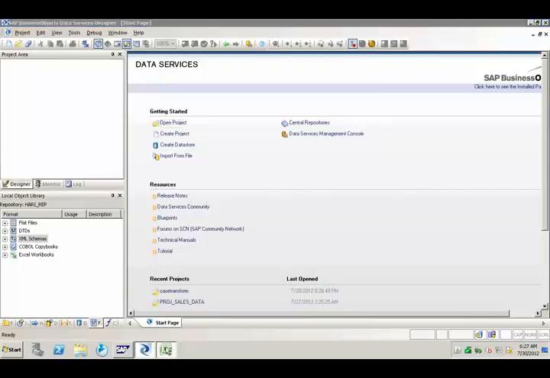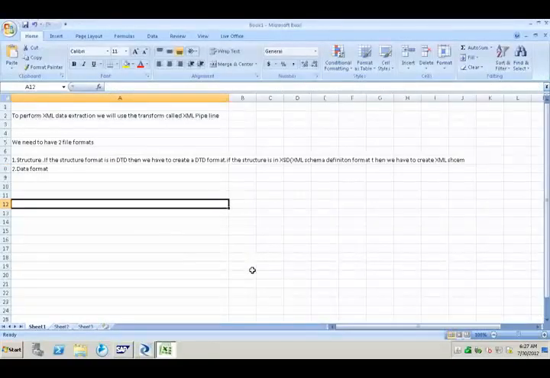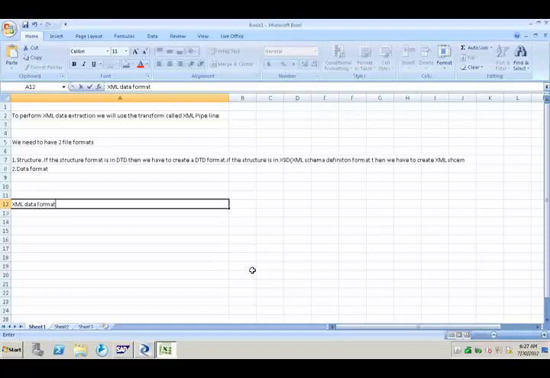Here is one point I want to add. Hope you might have some idea about the XML data format. XML data format is a nested schema. It is not like a flat structure like what we have in .txt files, CSV files or XLS files.